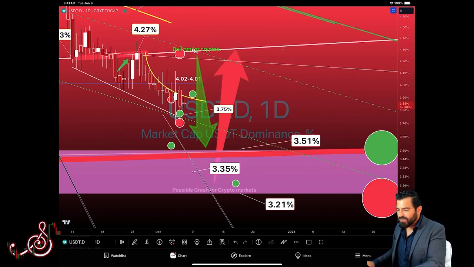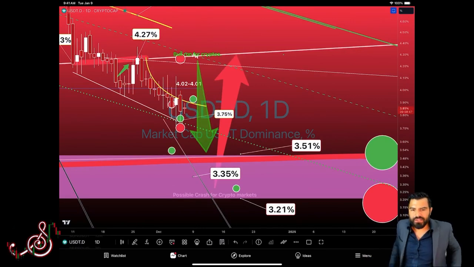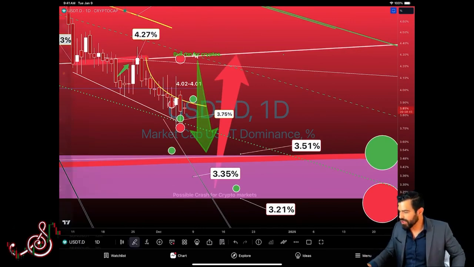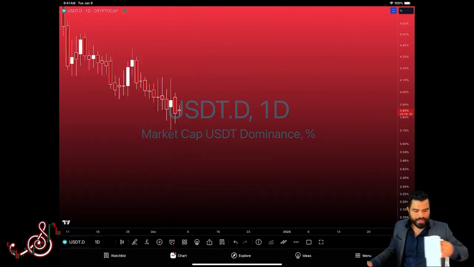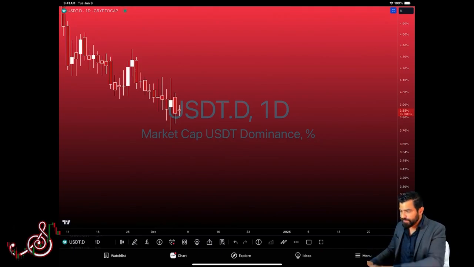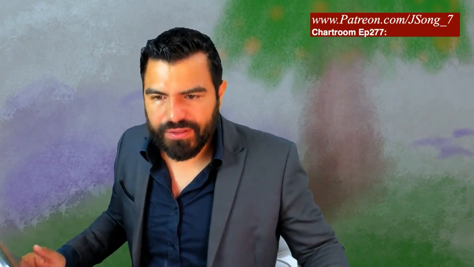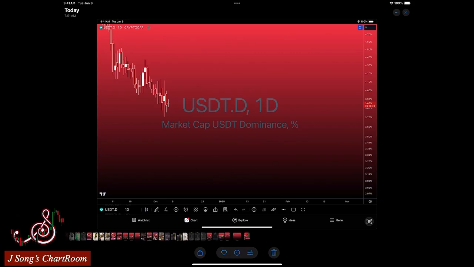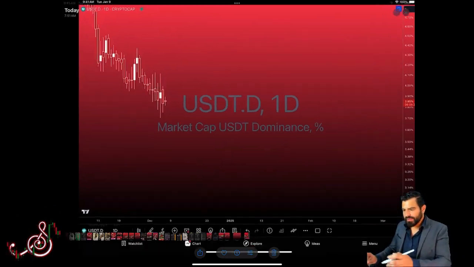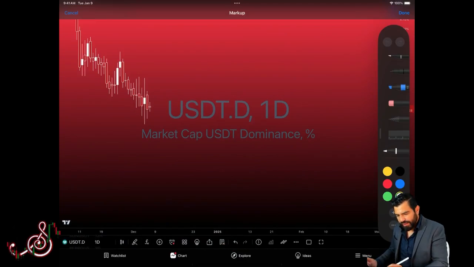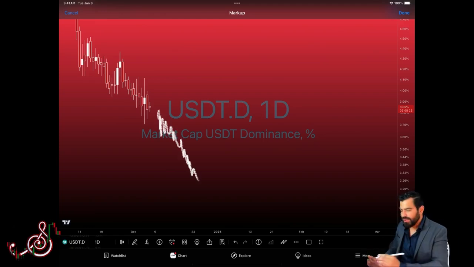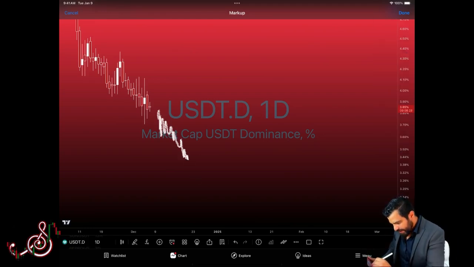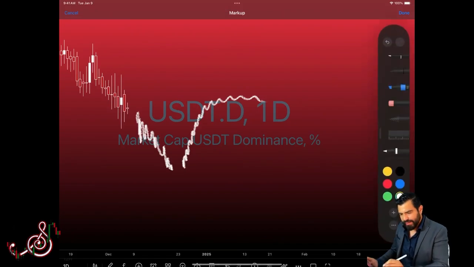Now, here's where the fun happens, because I want to tell you about a dream I had. So I'm going to show you, and I'm going to draw it the best I can. So this morning, I had a dream early in the morning. One moment. What I have to show you guys is going to be very good. So this is the dream, and I believe we need to pray about this. I saw price falling on USDT.D, and then I saw it go up, and it did this. That's not exactly right.